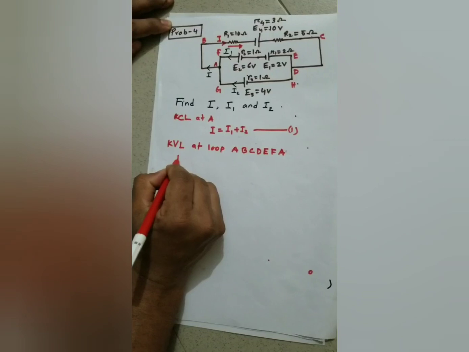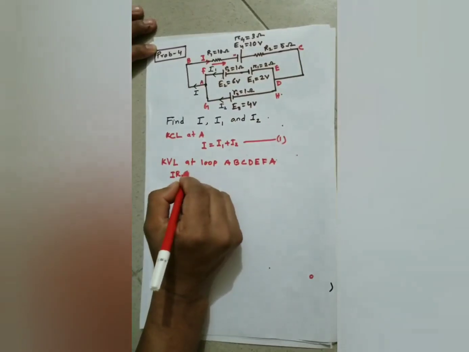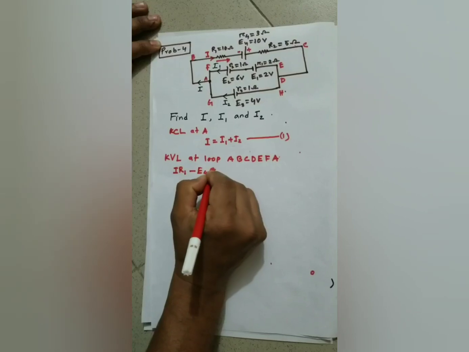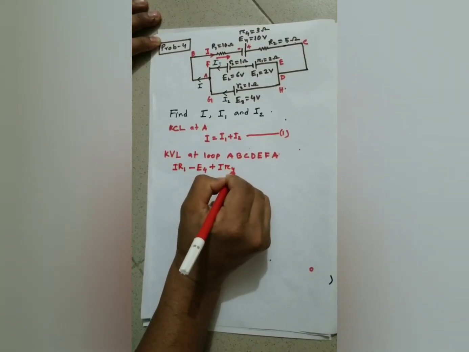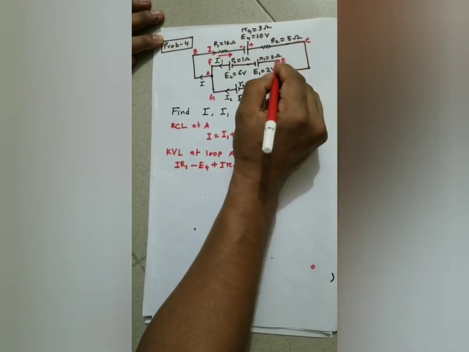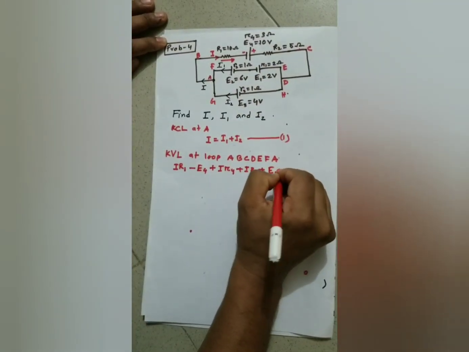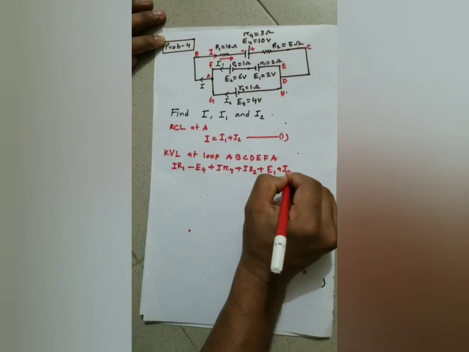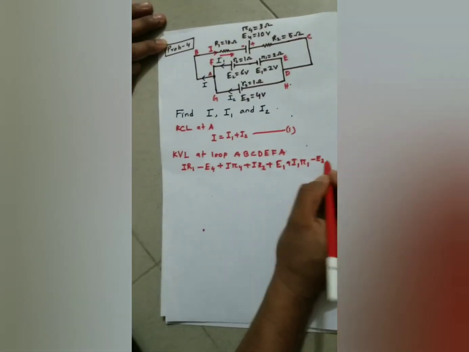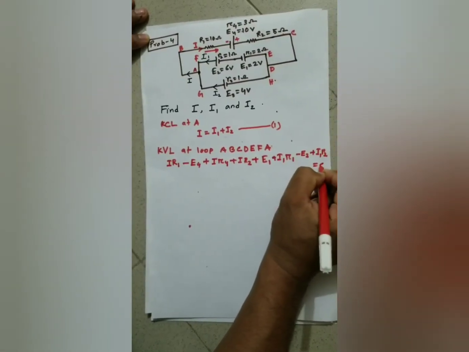So we can write I R1, then the negative terminal of E4, so minus E4, and I R4, then I R2, then the positive terminal of E1